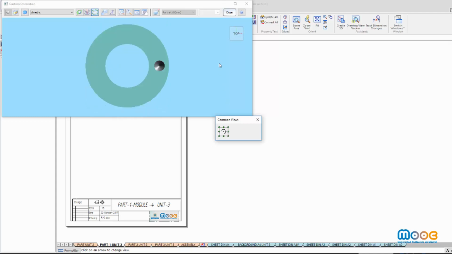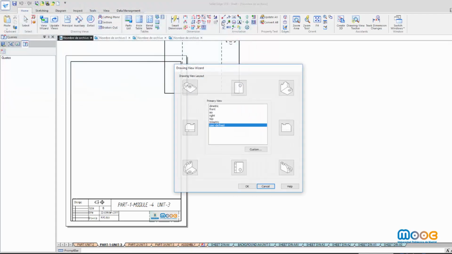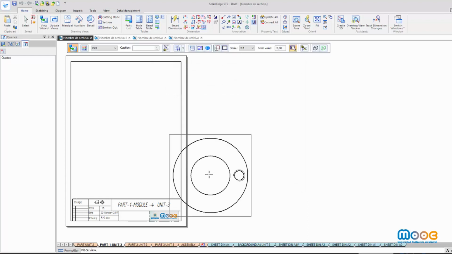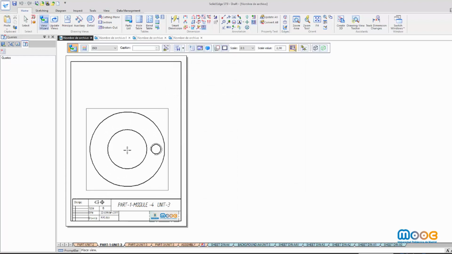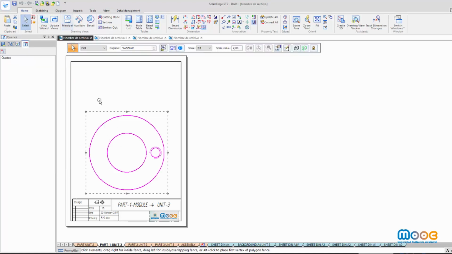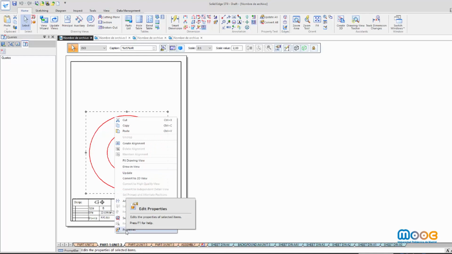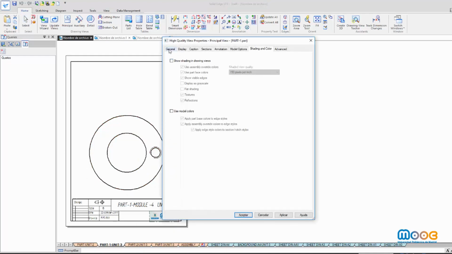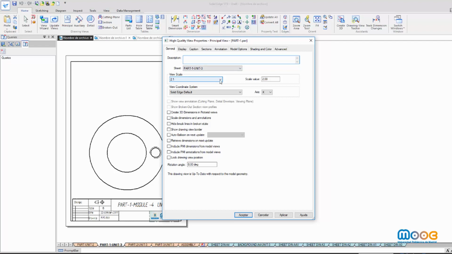So I customize the view I want to load. As you can see, it is too big for my sheet, so I'm going to scale it. And I'm going to change to scale 1:1, for example.